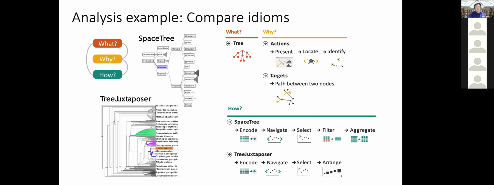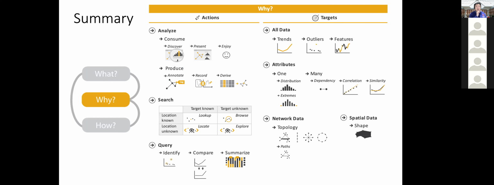Okay, and just because of the time, we're going to skip this example. It takes a long time to explain. And now we come to the summary of what we covered